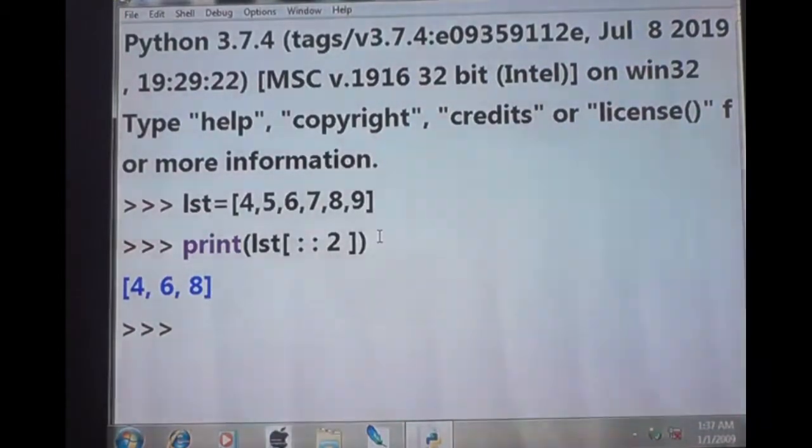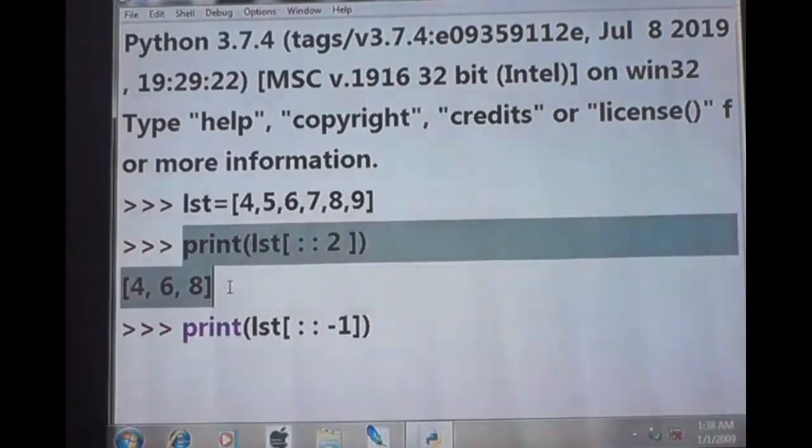Then suppose if I give print open bracket, what to give? LST, here colon, colon, then here -1. Okay. Now you tell me what is the output. Listen. The list value is, you say don't consider this line.